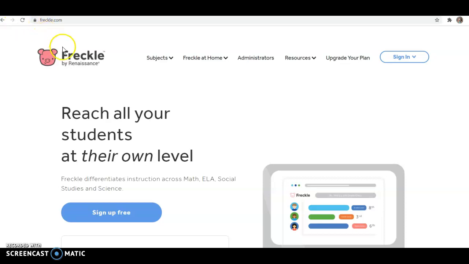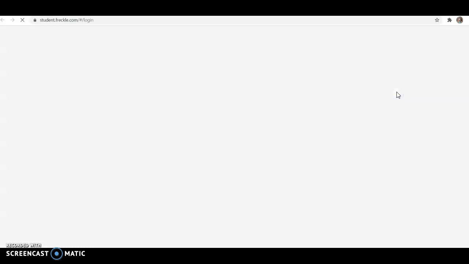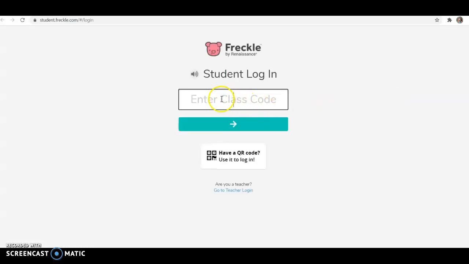In your internet browser, in the address bar, you're going to type freckle.com and hit enter, and it should bring you to this page. Then you will click the blue sign in. I'm actually not clicking on it, I'm hovering over it, and then you will go down to student and click student, and it will prompt you for a class code, and our class code is ALSTA